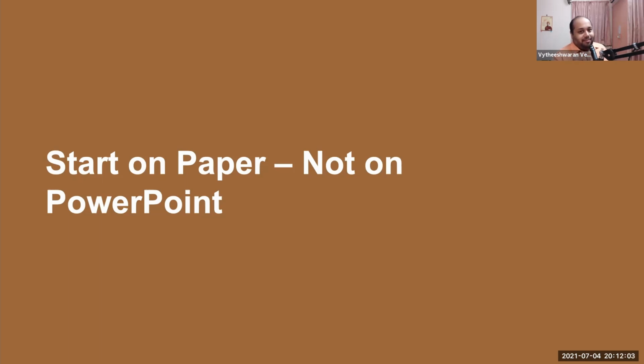Now that you have that, you take all these points, take another set of post-it notes and write down the messages that you want to deliver under that particular point, and whatever you are able to write within that post-it note should go into your slides, nothing more. If you want to support it with images, excellent. If you are not able to do that, whatever you are able to put inside one single post-it note is what should be appearing on one single slide. Only after you do all of this should you even think about opening your PowerPoint.